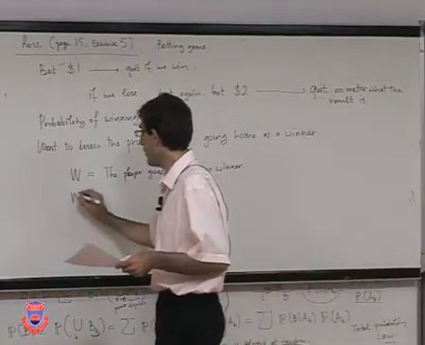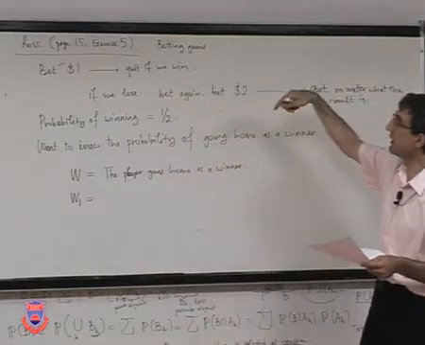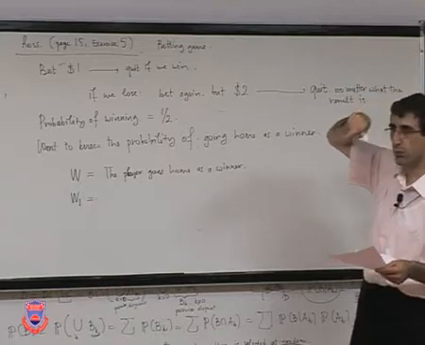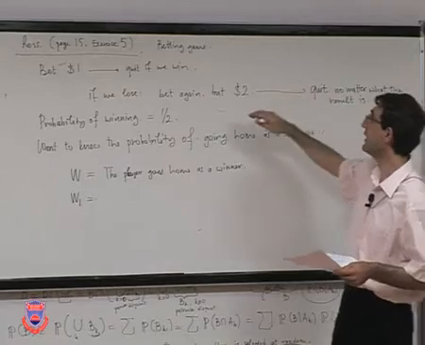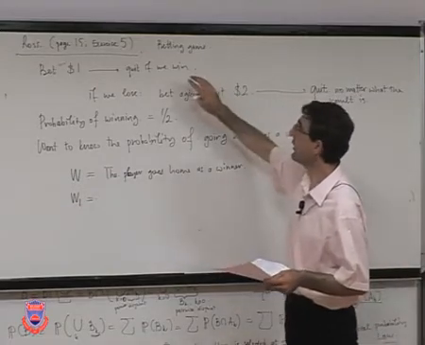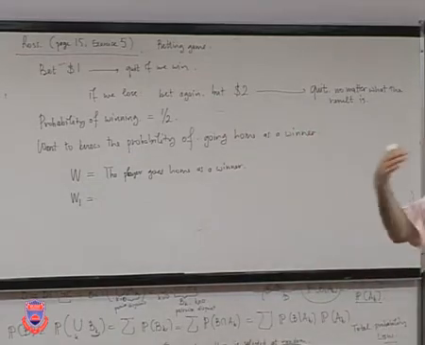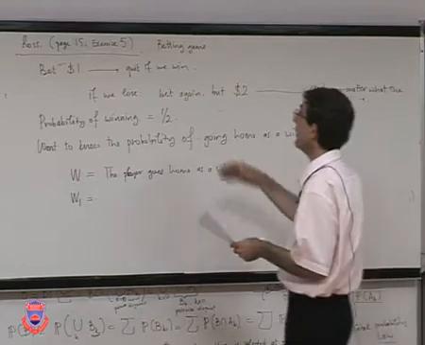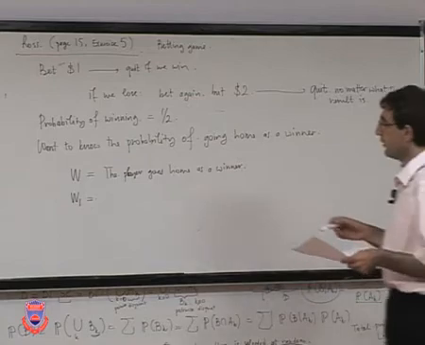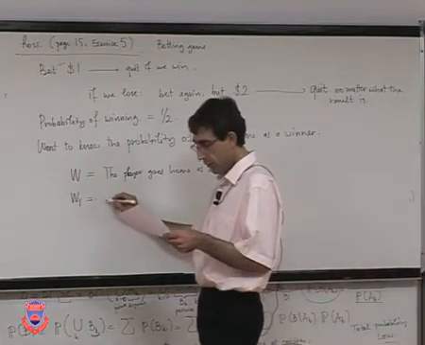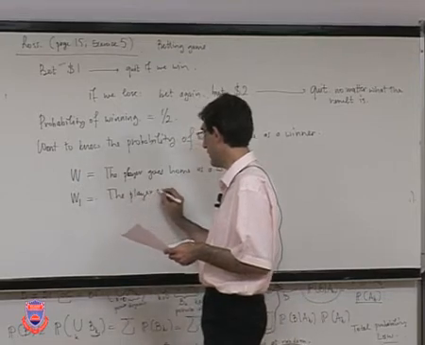And I will also define by W1. You can see that actually this game again is like a two-stage procedure, right? Whether you move to the second stage of this procedure depends on the outcome of the first stage, right? Even if it is not a definite two-stage procedure, the second stage is like a conditional stage, right? So W1, let's define or denote by W1 the event that the player wins,